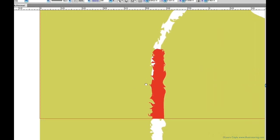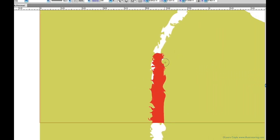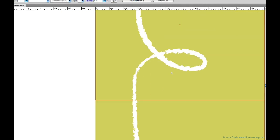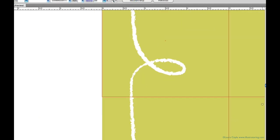Now I'll zoom in and try to do a little cleanup work here. Can always hit undo if there's something I don't like. Then I'll change the color back to white so it's a little easier to work with. And you can use your white arrow tool to get to the points and paths and make some more edits. And then I'll turn off the unit guides for a moment so I can see whether this is looking seamless